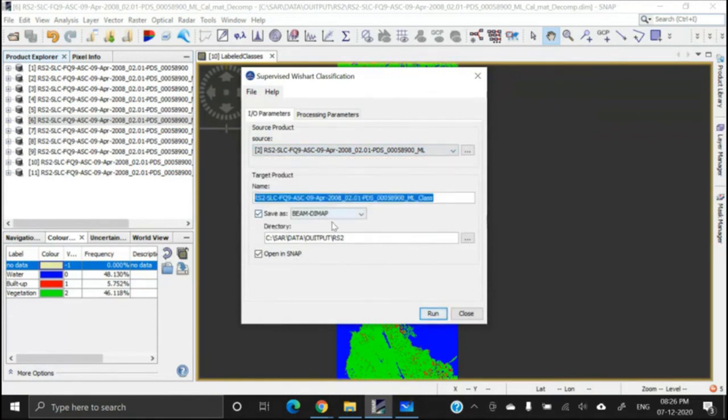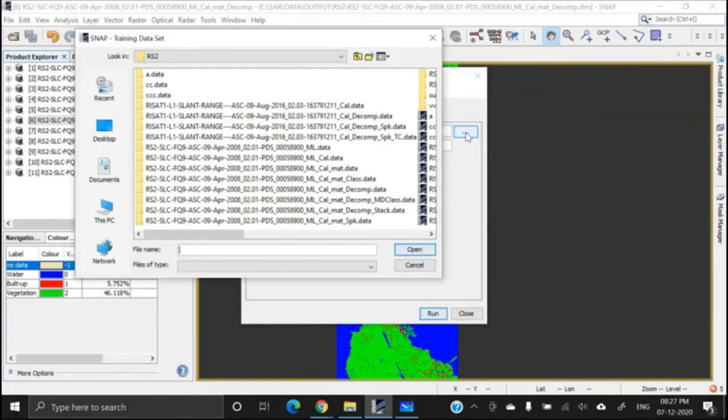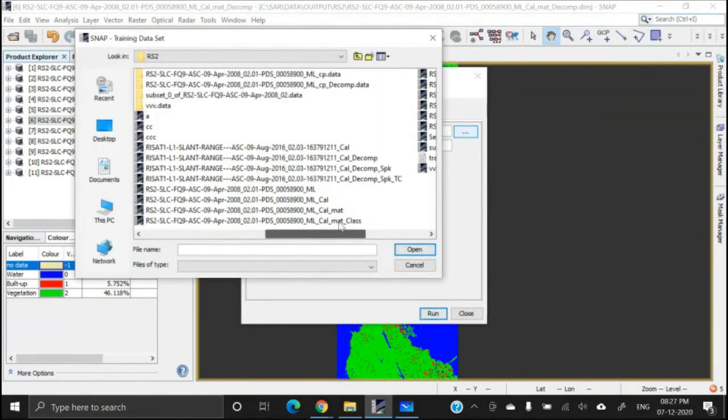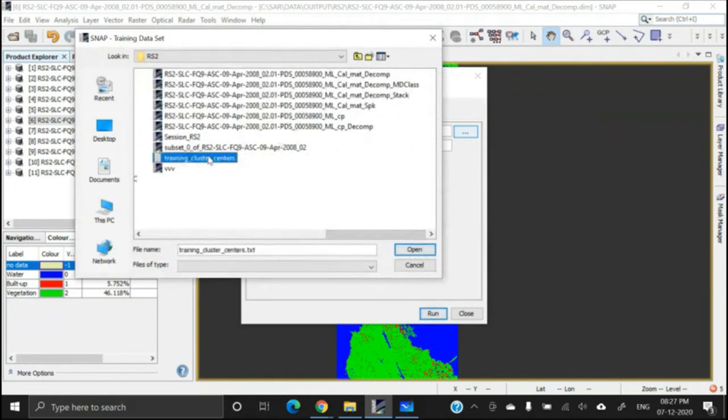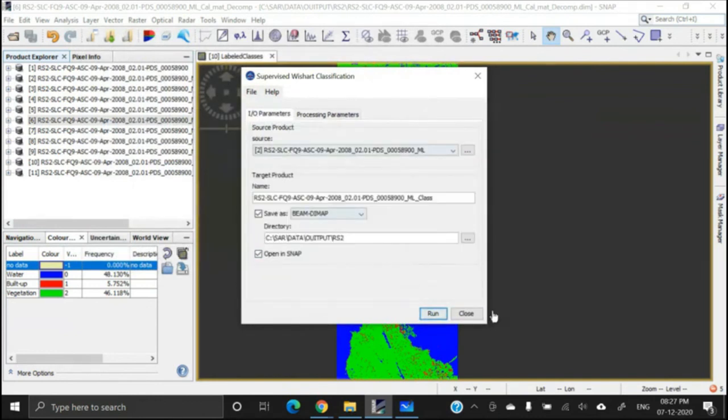This is the target file name, output file name. The processing parameter, you have to define the training data set. Okay. And here select the training data set as this text file. This was the text file. So select the text file, open, window size leave it as it is 5, and then you have to click on run. So this is the procedure that we have to follow for the complex data supervised classification.